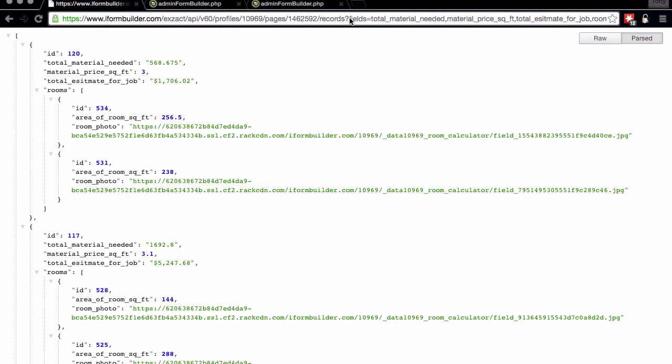So it's very handy to tell the application what you're looking for rather than just pulling it all across and then having to parse out anything that you don't want to use inside of Klipfolio or some other technology. As you can see, we've actually defined by field name what we want returned. So I have this total material needed and material price square foot defined, and that is basically relating to these